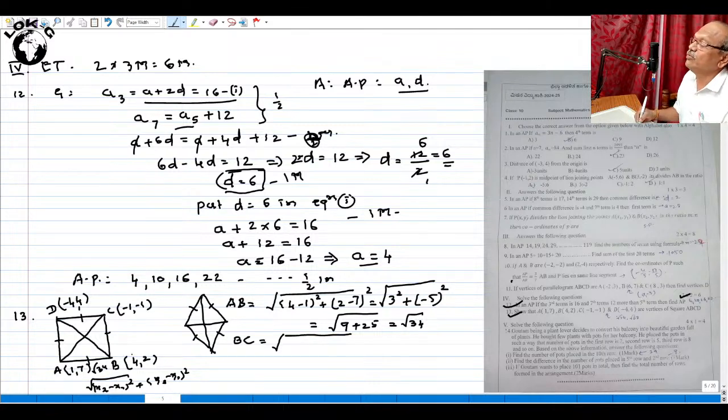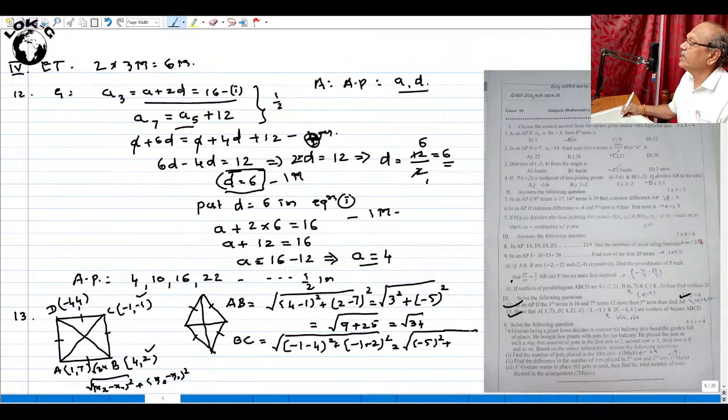Don't worry, with a cool mind, you take BC. B will be x1, y1, C will be x2, y2. Directly we will take x2 minus x1, that is minus 1 minus 4, the whole square. Here you have minus 1, here you have 4. What is y2? Here y2 is minus 1 and y1 is 2. You get minus 1 minus 2, the square. That is equal to root of minus 1 minus 4, which will be what? Minus 5 square plus minus 1 minus 2,